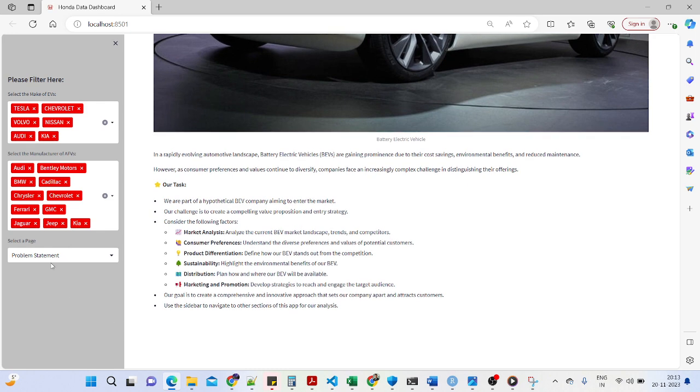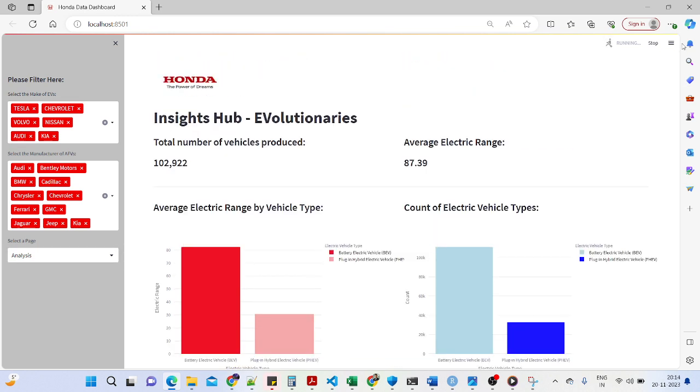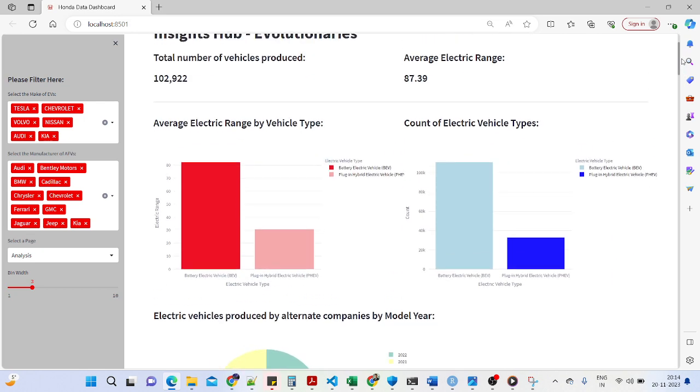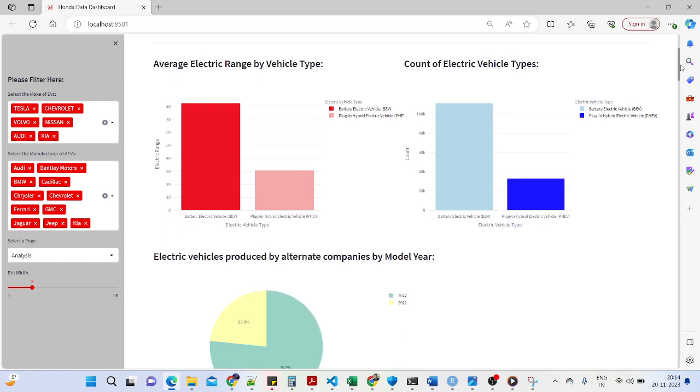For this, we did an analysis of the current market segment. For our analysis, we used both the data sets that were given to us as part of this challenge. One was on the battery electric vehicles and the other on the alternate fuel vehicles. Firstly, we did an analysis of the average electric range by vehicle type and the count of electric vehicle types, and we see that battery electric vehicles are more prominent than plug-in hybrid electric vehicles. We also see that the average electric range for battery electric vehicles is very high in comparison to plug-in hybrid